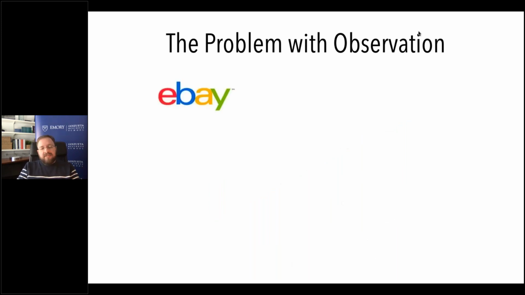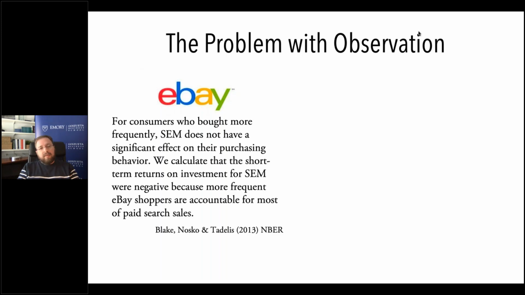A practical example of this: eBay advertises online by scooping up all possible keyword searches and saying, hey, you can also get that on eBay. This is the way that they buy their search engine advertising. And some economists were curious as to whether that was effective or how effective it was. And they published a paper, it was a very big deal,